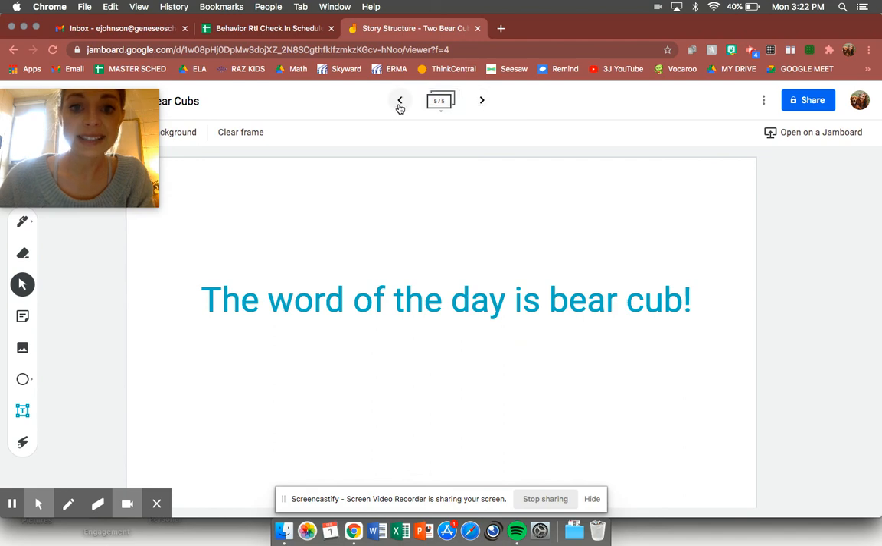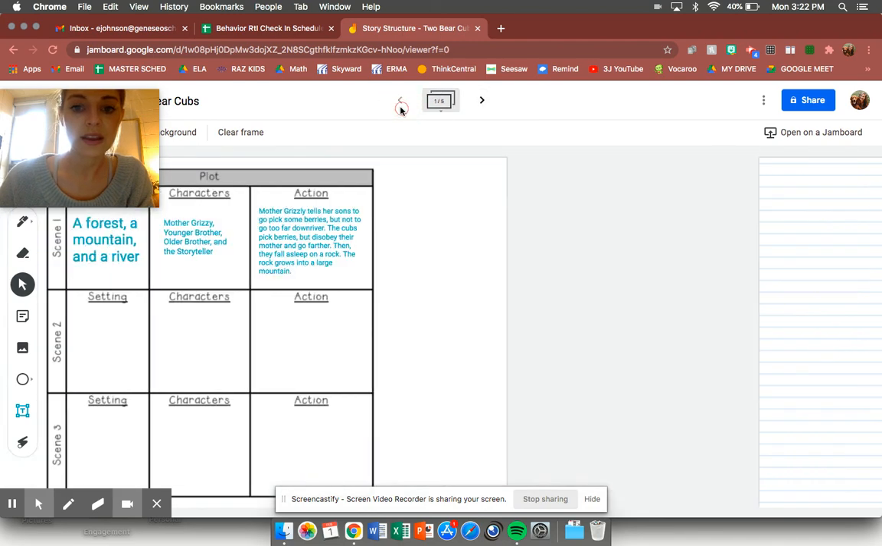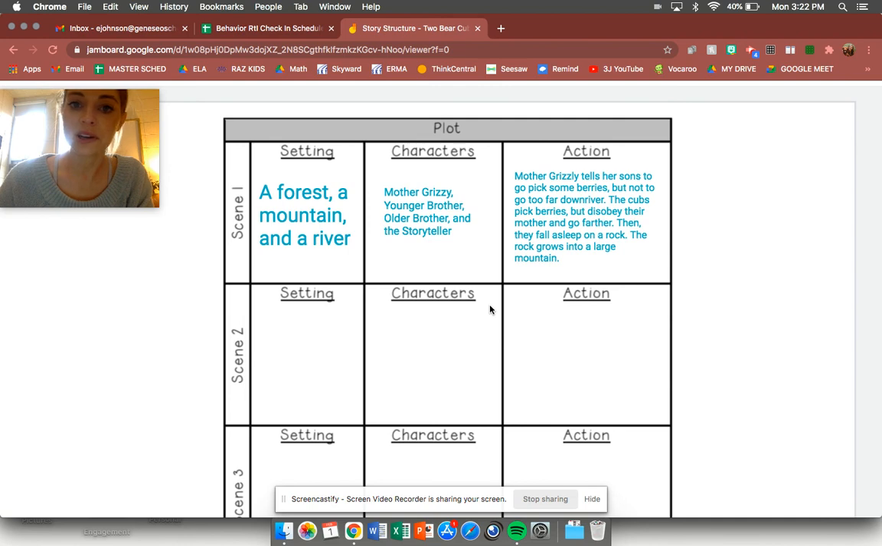Remember, the word of the day is the bear cub, okay? So I will go ahead and let you work on your Seesaw assignment now,